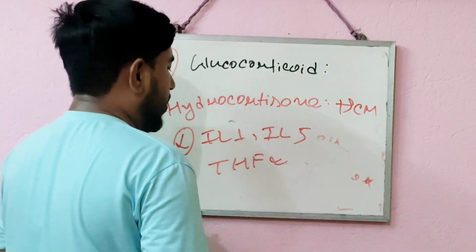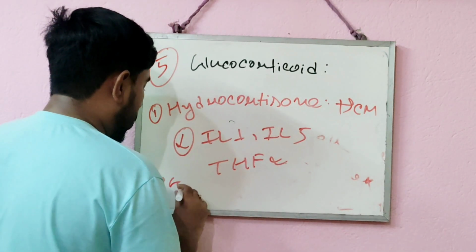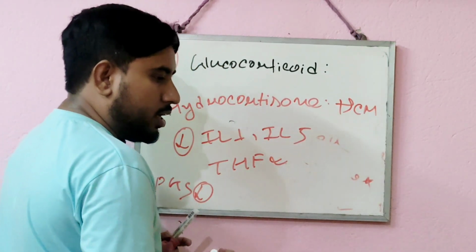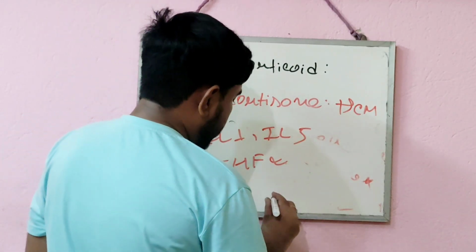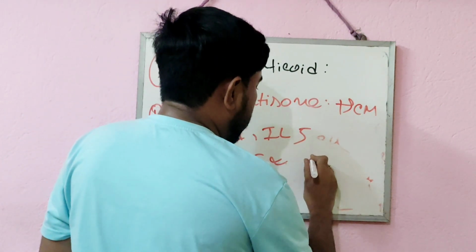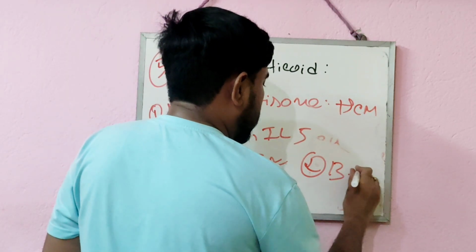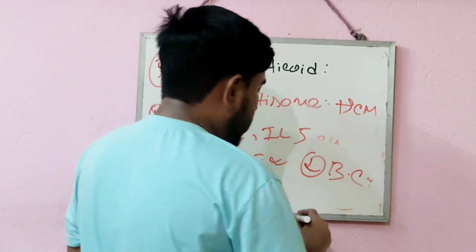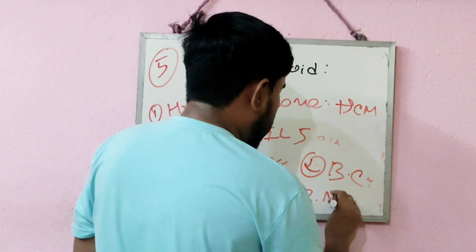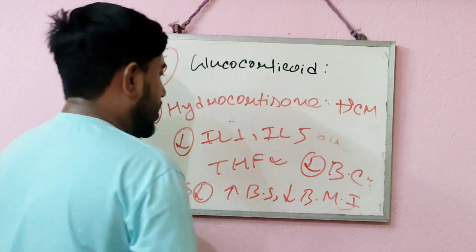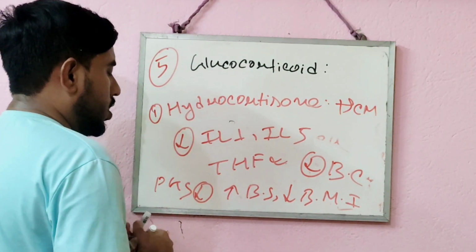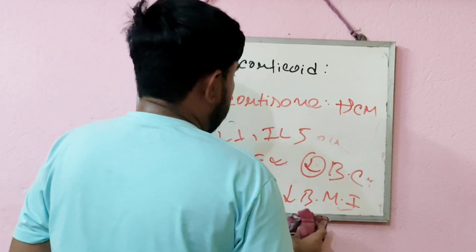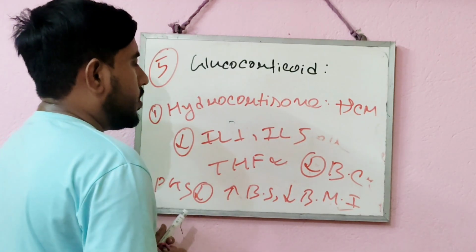As the release of all these inflammatory mediators becomes decreased, it shows decreased bronchial constriction and decreased muscle inflammation. Due to that decreased bronchial constriction, bronchial secretion and muscle inflammation, it is going to show its action as an